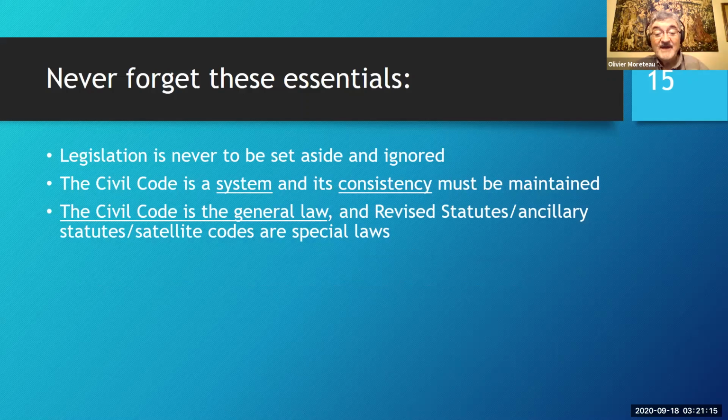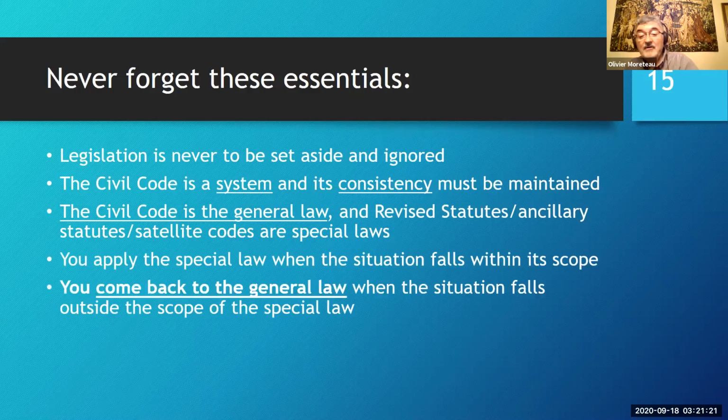And you apply the special law when the situation falls within its scope. You come back to the general law when the situation falls outside the scope of the special law. That slide actually gives you a sort of takeaway, snapshot, if you will, of all what we have discussed in